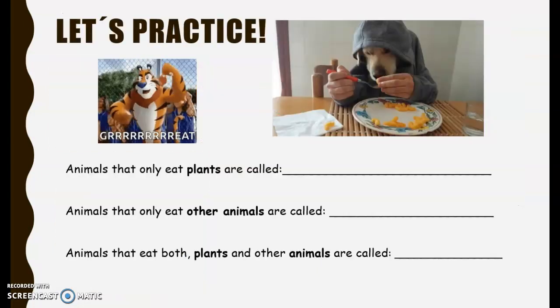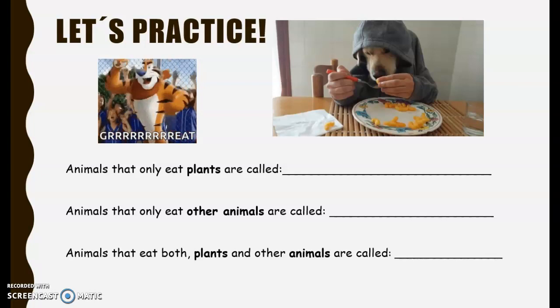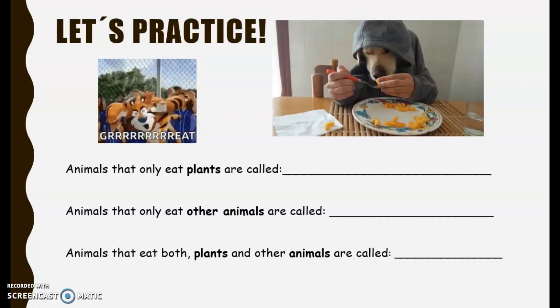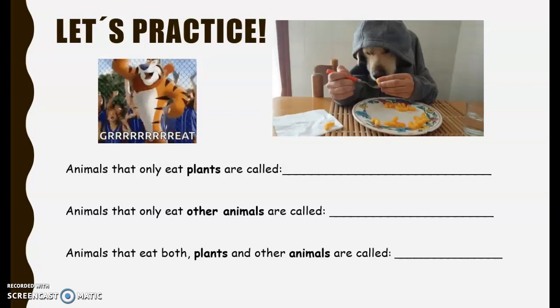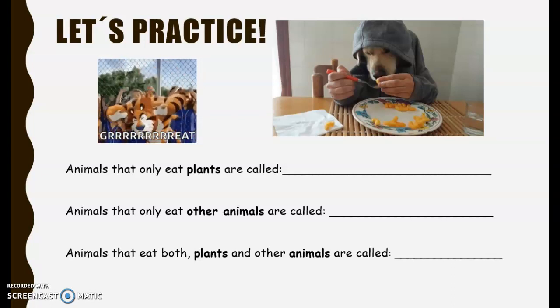Okay, guys? So now you are gonna practice the topic at home. I'm gonna read each sentence for you and you are gonna try to answer or complete the sentence. So let's do it, guys. Animals that only eat plants or parts of the plants are called...